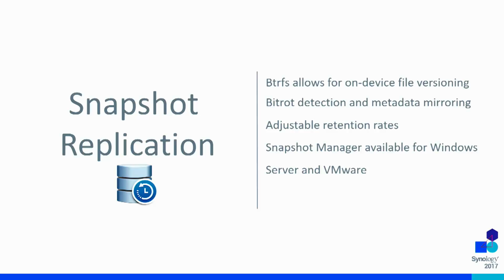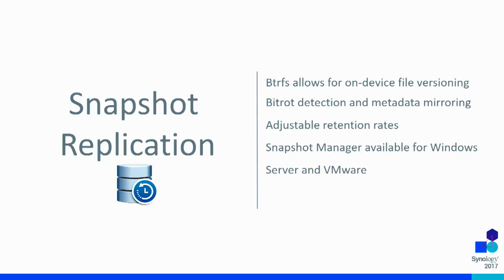So snapshot replication is based on the BTRFS file system that we introduced with DSM 5.2. This new file system allows for on-device file versioning. So as you can see, having multiple versions of your files is a very big theme with us these days. This also gives you bit rot detection. So if you have a file that is corrupted, the file system can actually automatically detect that and then warn you about it. And we are going to see some improvements regarding that Derek will talk about in the last